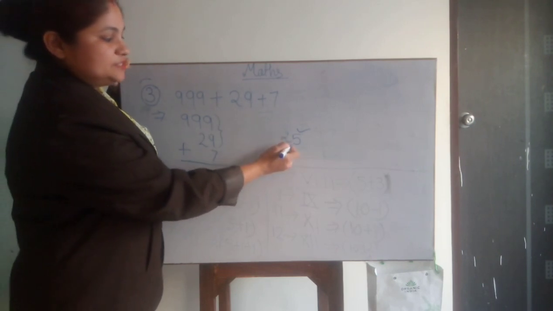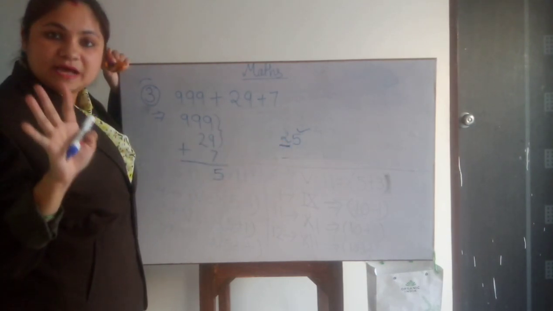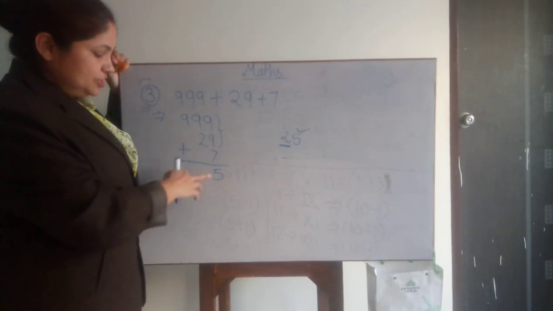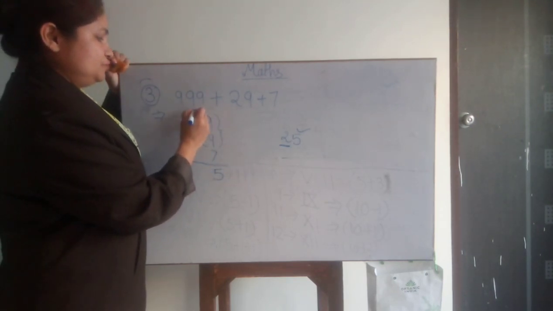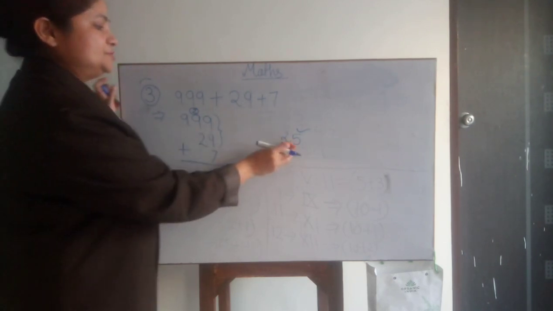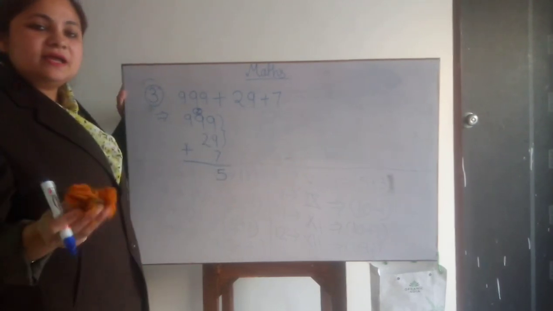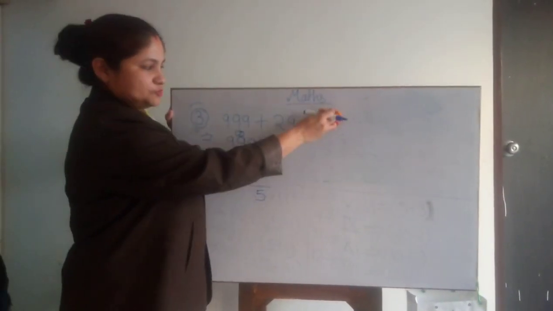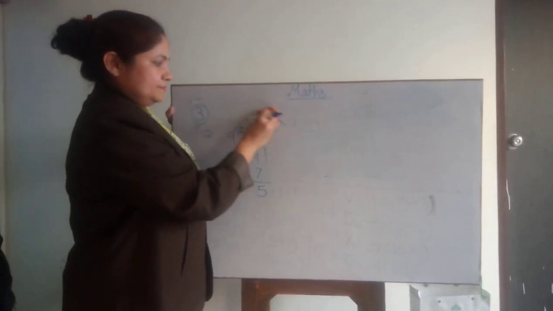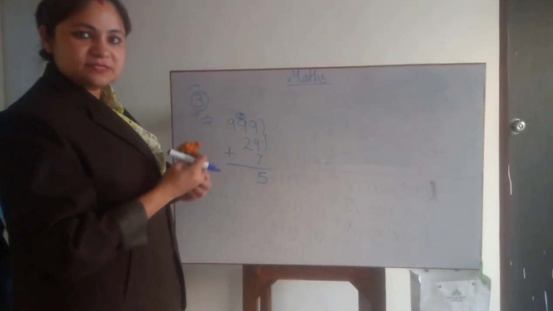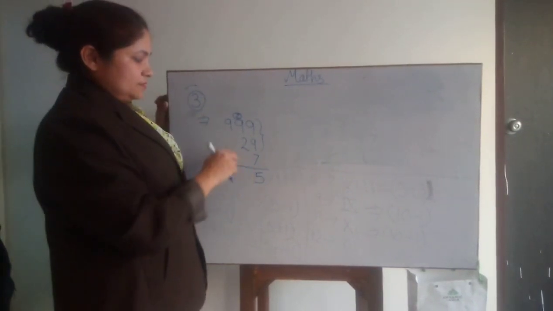Now what about this 2? Because the number was 25, obviously this 2 will be the carry over. Again I am going to rub this because there is no need of it. We have written in column form, so I am rubbing it, because the space is not enough. Now see here.